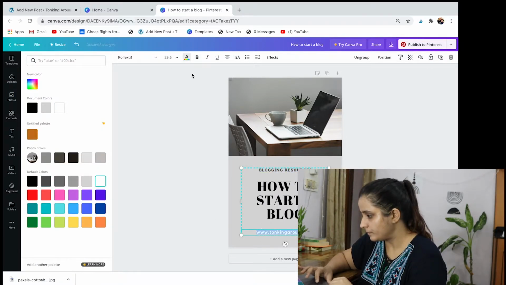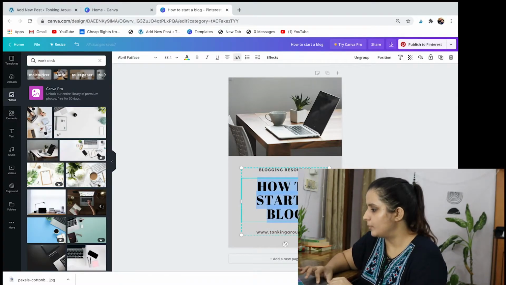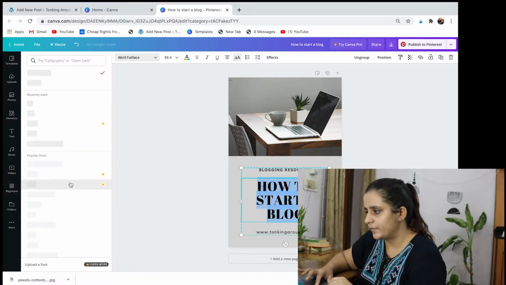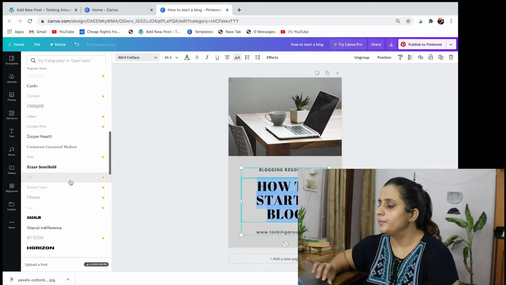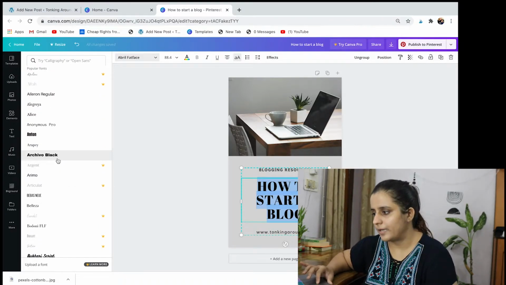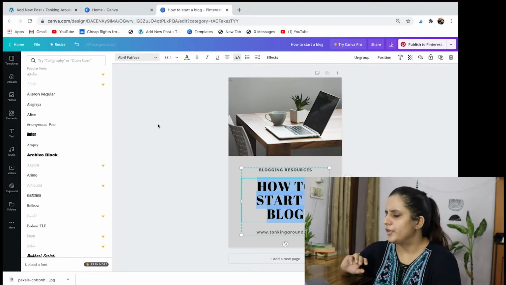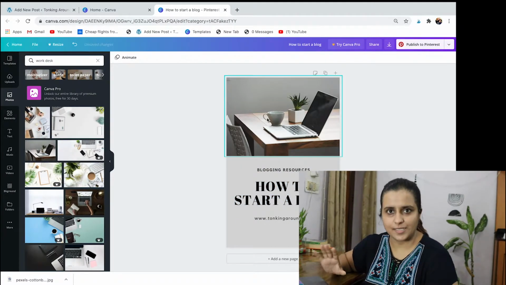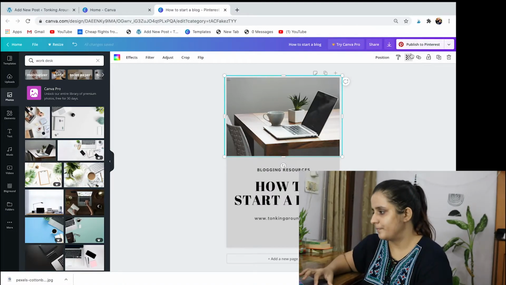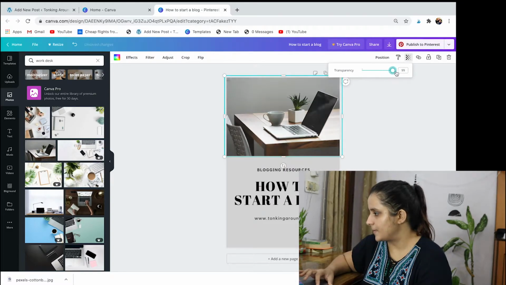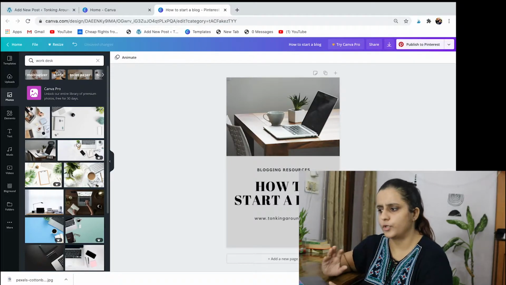So, basically, it's a lot of experimenting. So you can keep going. You can also change the fonts from here. So there are a couple of fonts available. In fact, there are a lot of fonts available. You can select either one of those. Again, the crown indicates that that is a paid font. You do not need that. So this is the pretty basic stuff, right? Now for images, what you can also do is you can change the opacity. So you can change the transparency from here to how light or how dark you want your picture to be.